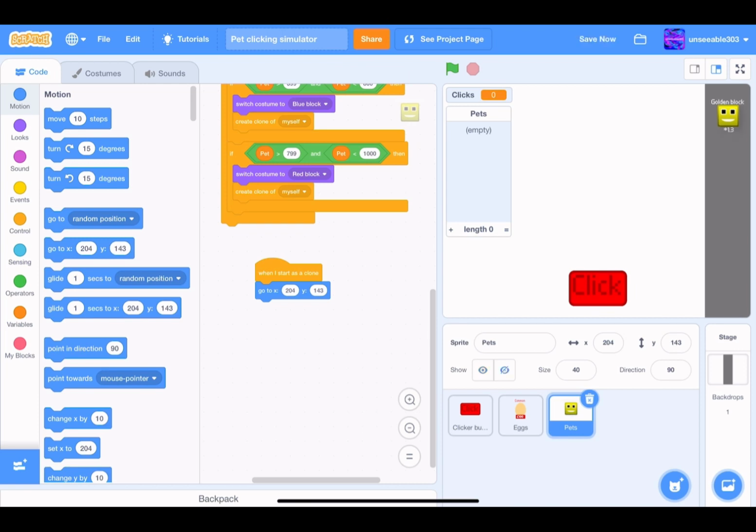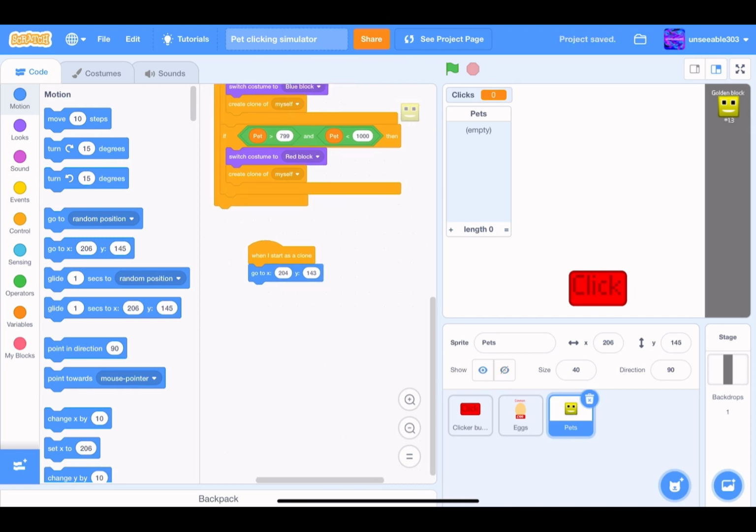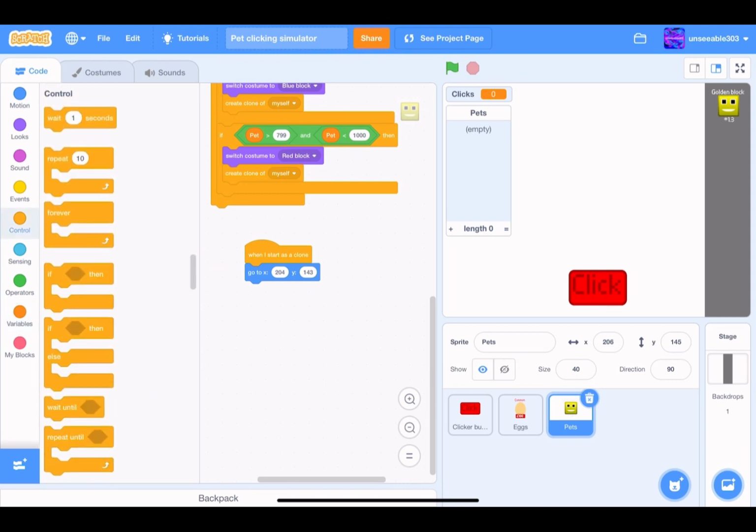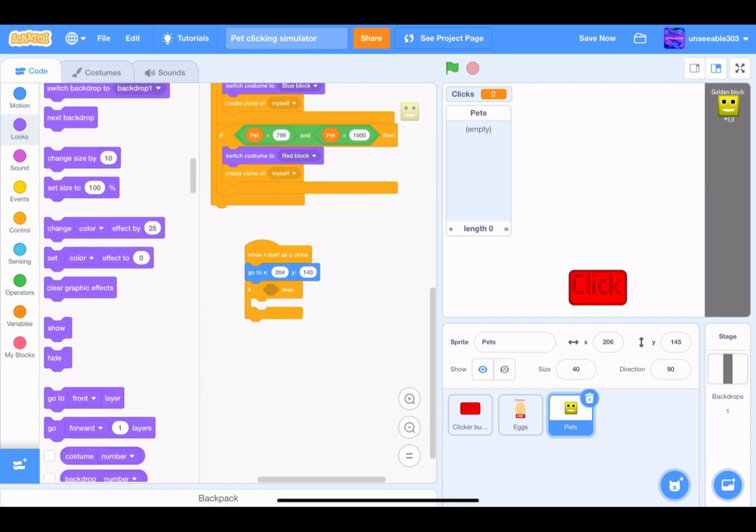So basically what's going to happen is there's going to be multiple pets going down this row, and it shows you what pets you have. So when I start as a clone, go to X and Y. Okay, so I got that now. I'm just going to get an if then. Then I'm going to go to looks, and I'm going to get a